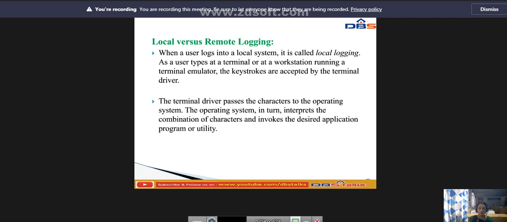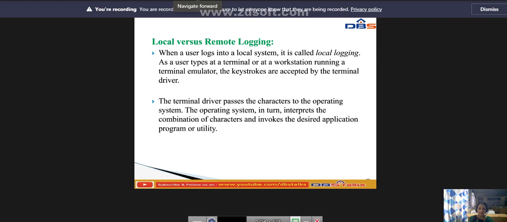The keystrokes are accepted by the terminal driver. The terminal driver passes the characters to the operating system. The operating system in turn interprets the combination of characters and invokes the desired application, program or utility.